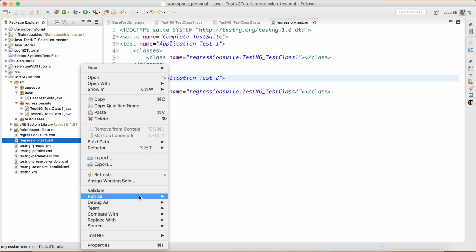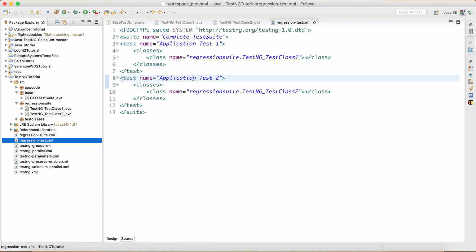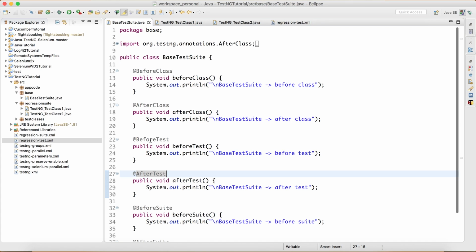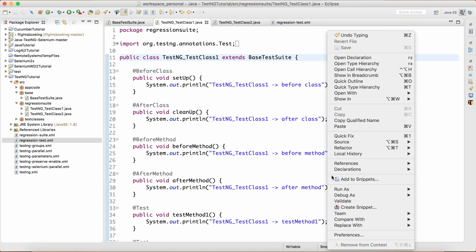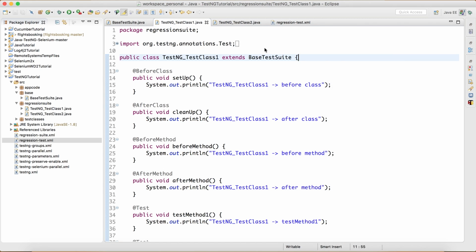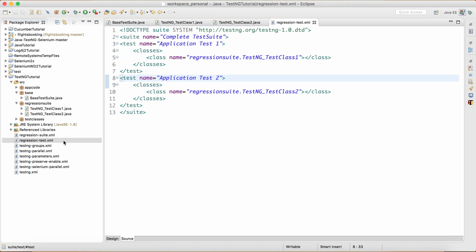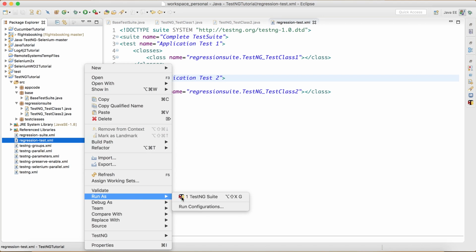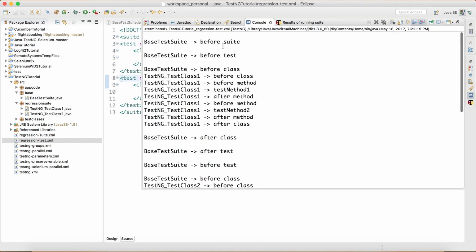And if I right click, run as, always, one more thing guys. You cannot use these before test and before suite, especially these two, before test and before suite, after test and after suite, directly with the test classes. You cannot run them by right click and run as testng test. They always have to be used when you're using the XML file, because it'll always be in effect when we are running testng as a suite. So right click, run as testng suite, and we'll see the output.